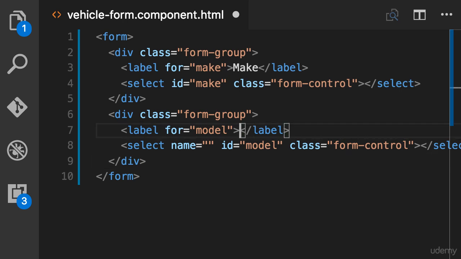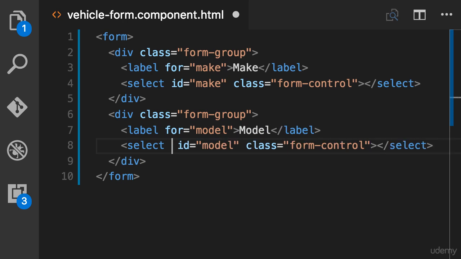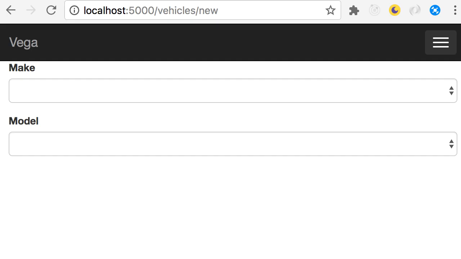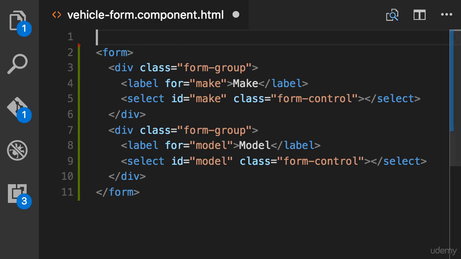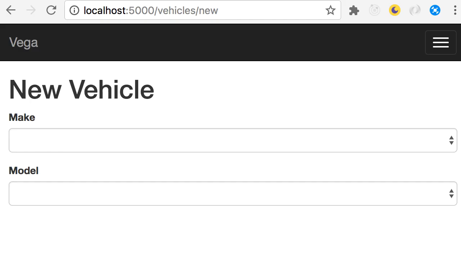Now let's add this model label here and delete the name attribute. Save. So this is our form. Now make is a little bit too close to navigation bar. So I'm going to add a heading here, new vehicle. Okay, now it's better. Note that I'm not building the entire form yet because I want to make small baby